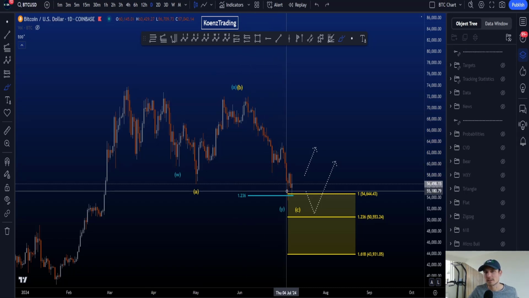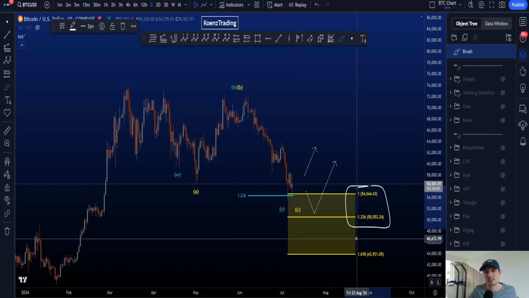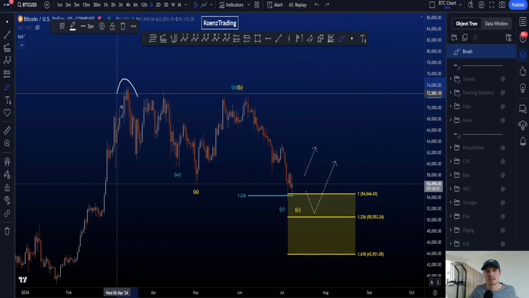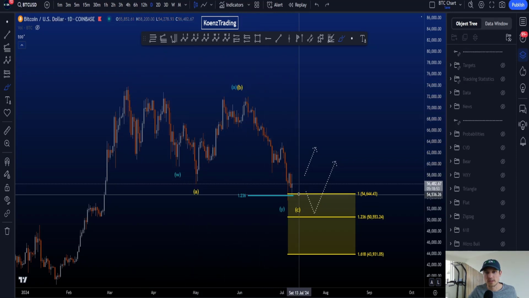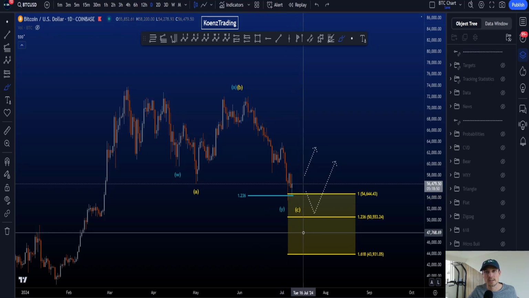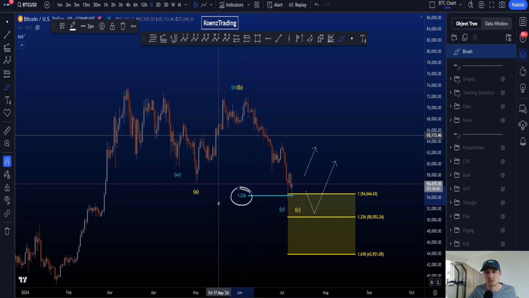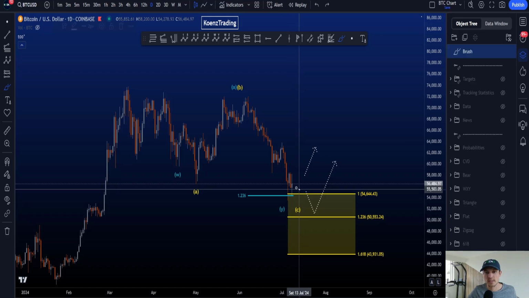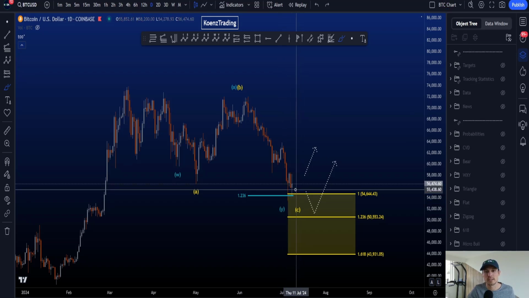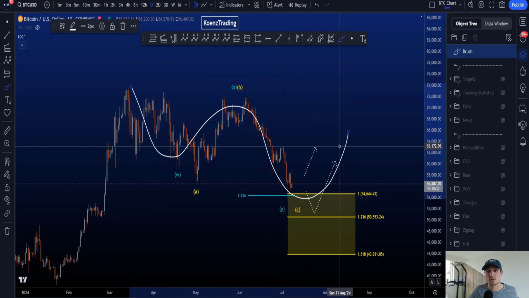The most common target area for your wave C is between the 1 and the 1.236 trend-based Fib extension taken from the start to the end of A to the high of your wave B, and you can see we have hit the 1-to-1 here. A common target area for your wave Y is the 1.236 taken from the start to the end of W to the high of your wave X, which as you can see is also hit. So on the daily we are now hitting target areas to finish potentially a corrective structure and look for continuation